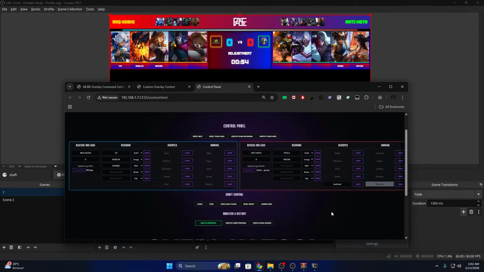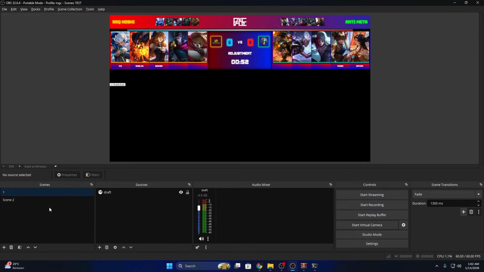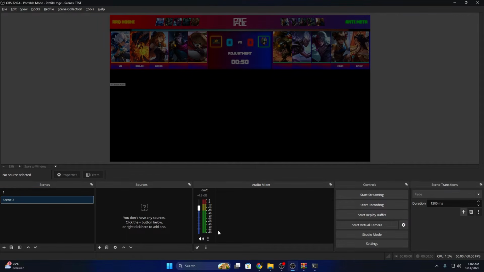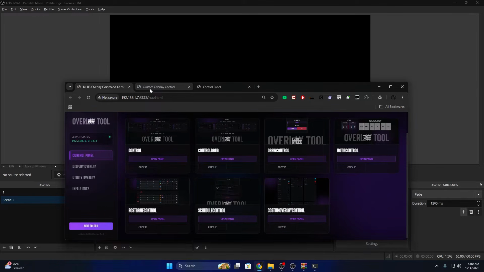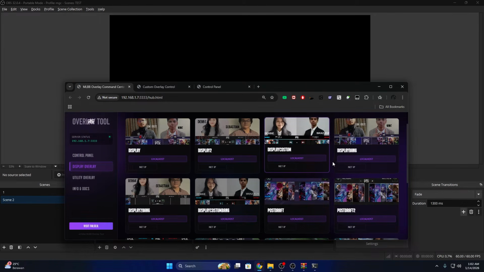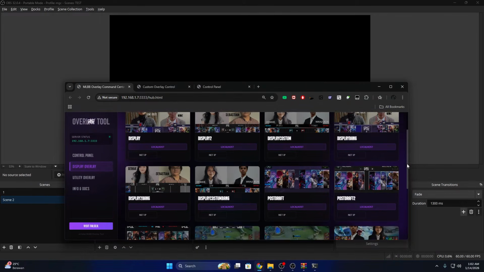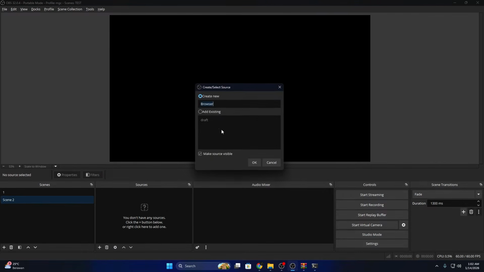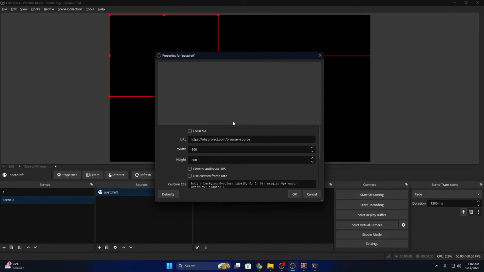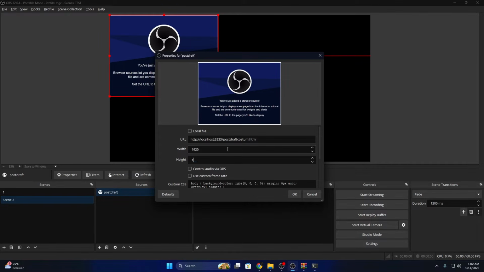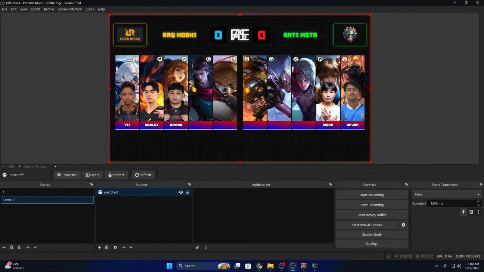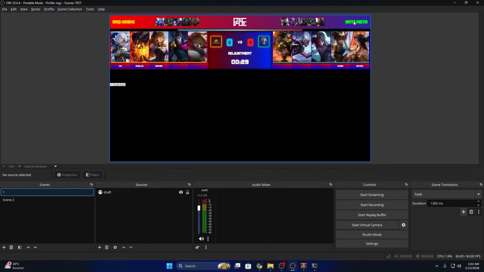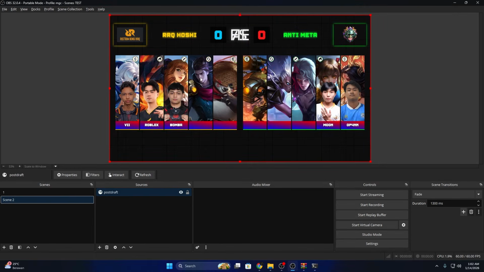And after the draft, of course, you want to go to the post draft. Okay, so we are going to make a new scene and then go back to our hub and find the post draft custom, which is this one. Copy it and then go to browser, post draft, paste it, 1920 1080. As you can see, most of it is already changing, which is the yellow and the green, because it will be using the same theme here. But not all is changing.